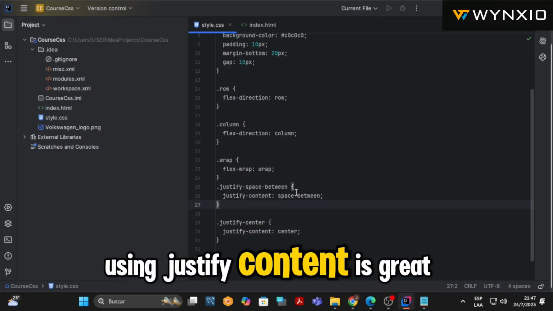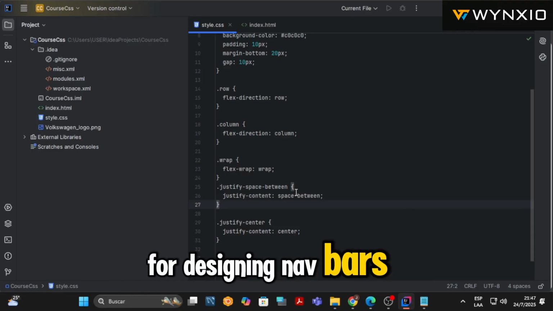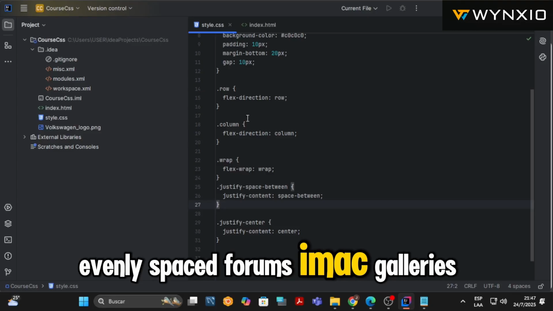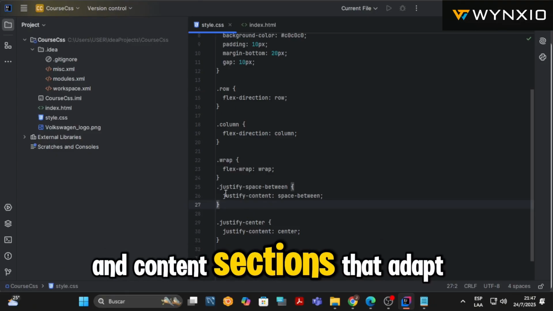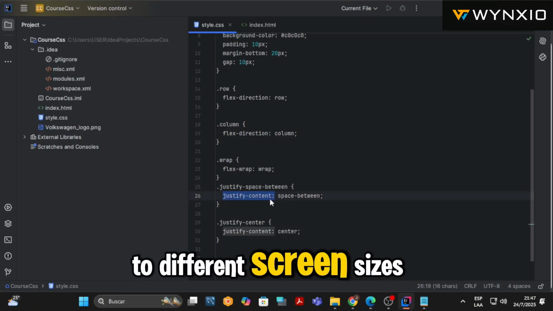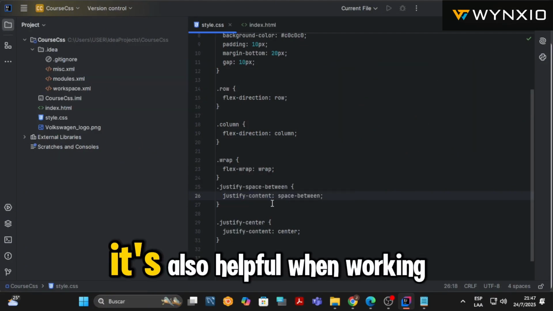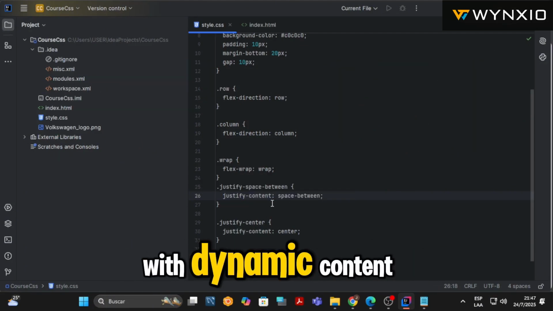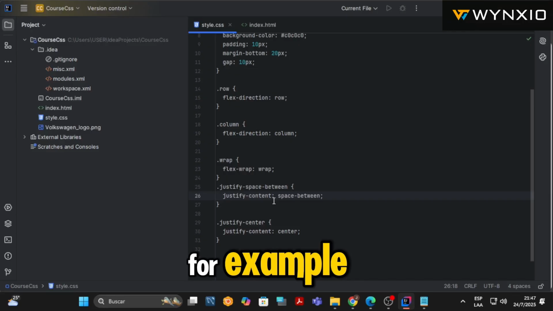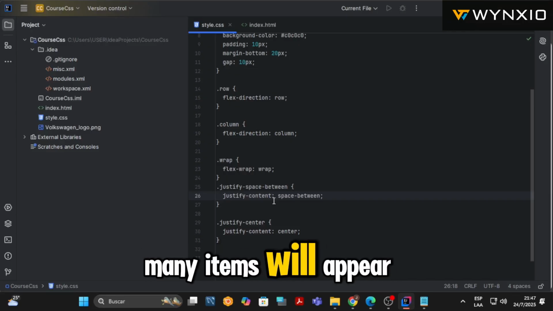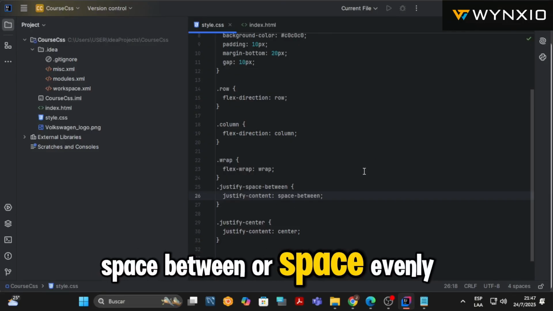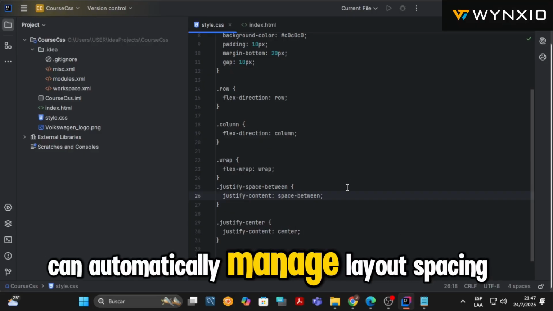Using Justify Content is great for designing navbars, evenly spaced buttons, image galleries, and content sections that adapt to different screen sizes. It's also helpful when working with dynamic content. For example, if you don't know how many items will appear, space between or space evenly can automatically manage layout